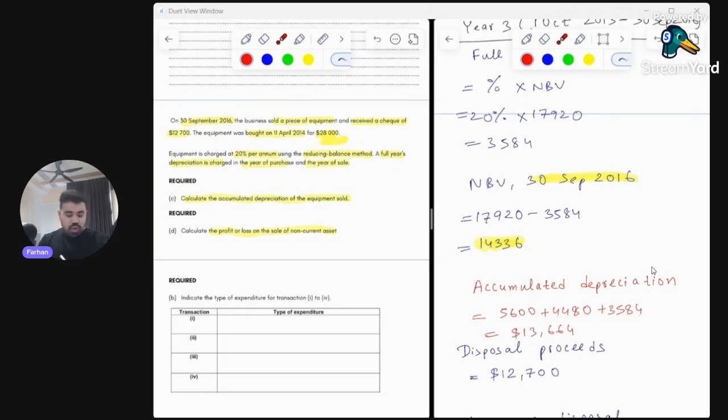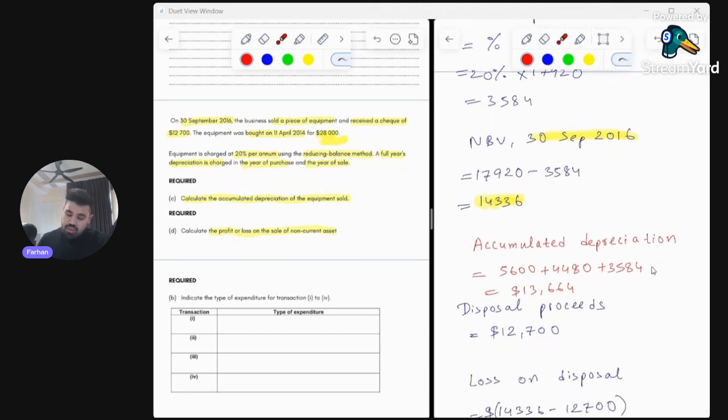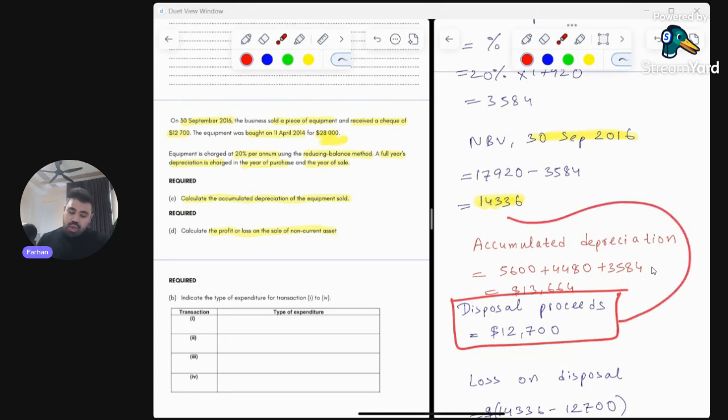Now, in part D, we are required to find out any profit or loss that we have made on the disposal or sale of this non-current asset. Now, we know that we ended up selling this asset for $12,700, which is what we refer to as the disposal proceeds, the amount that you have received by selling this asset. And during the sale of this asset, the net book value that we had left was